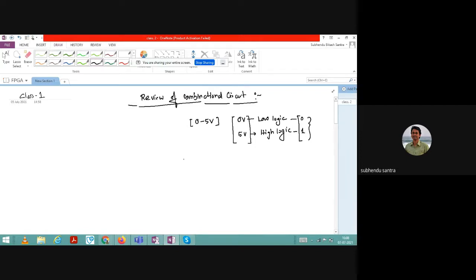There are some basic gates, there are some universal gates. In the application we have to give some biasing. If you ground it, it will be 0 volt. If you give some biasing voltage, it should be plus VCC, around 5 volt. Okay. And the corresponding logic level we say is either 0 or 1. Now here if you see it carefully, the gate circuit, basically the gate circuit in digital.